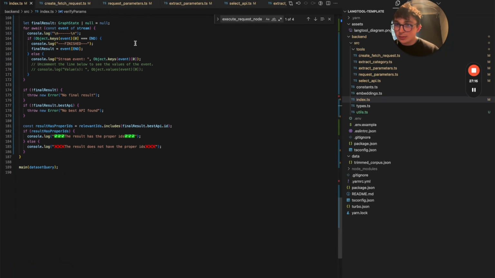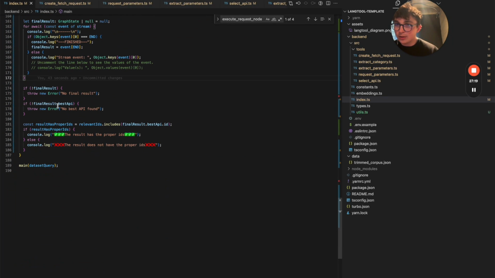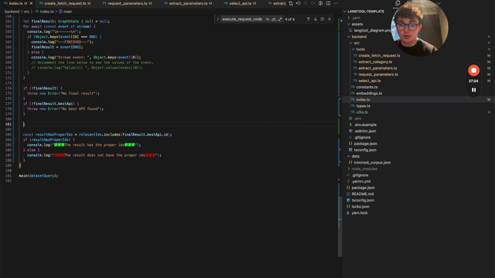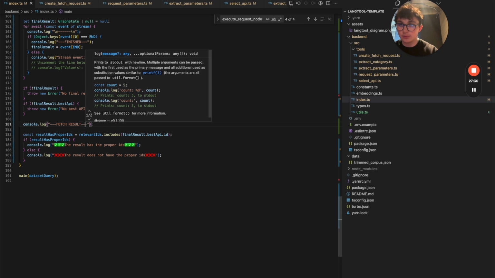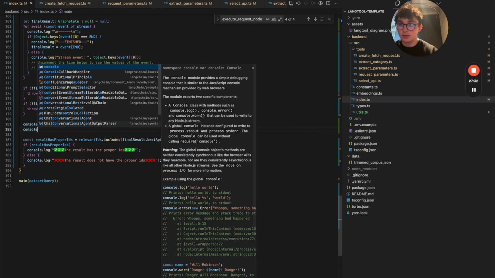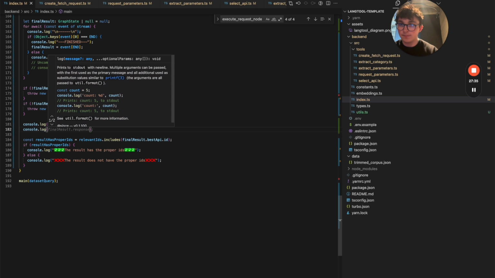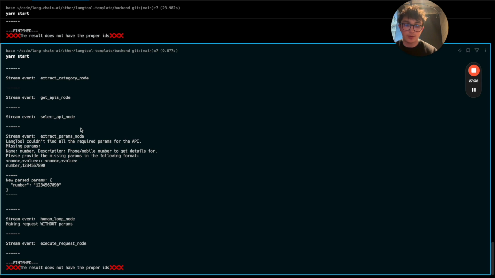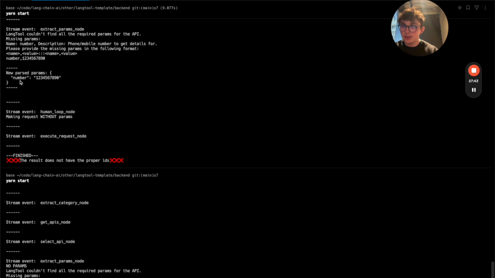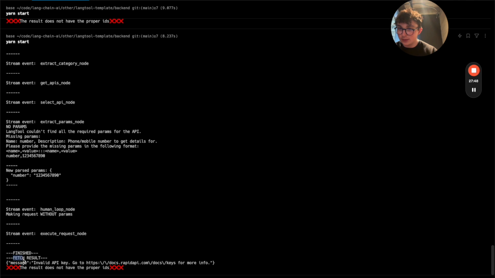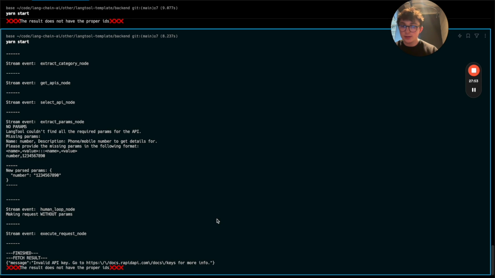Which means that the actual issue is down here, where we should console log the result. So console.log fetch result, and then console.log final result.response. Now if we rerun, we should see it select this, paste it in, and then fetch result, missing API key. There we go. The only problem is it picked the wrong result,